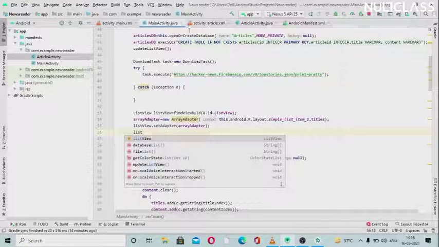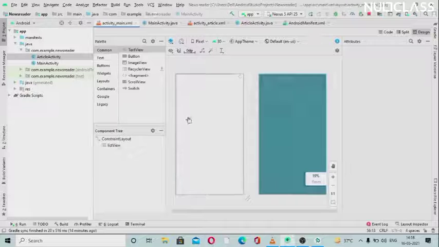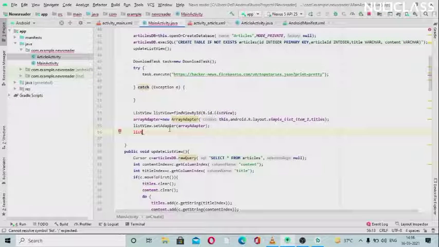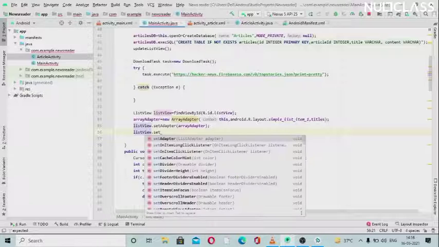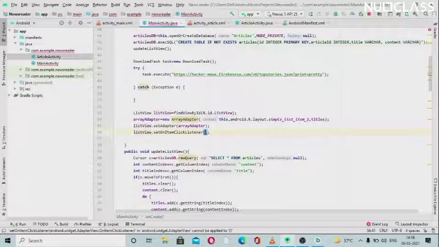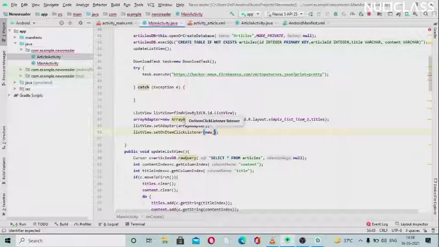So this is the list view. This will be containing all the things, like all the links. This will be according to the IDs, like the first one will get the ID 0, 1, 2, 3 and so on. So whenever we click on any of them, according to that ID it should get linked to the article activity. So we'll be doing that here. We have created the list view, and there is a method called set on item click listener, not long click, we want click listener.